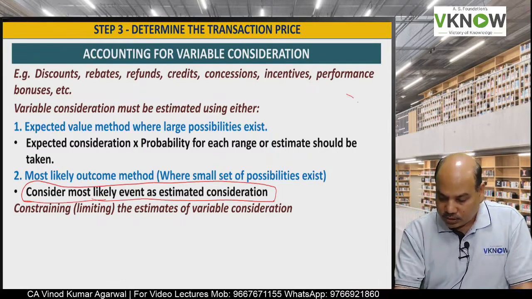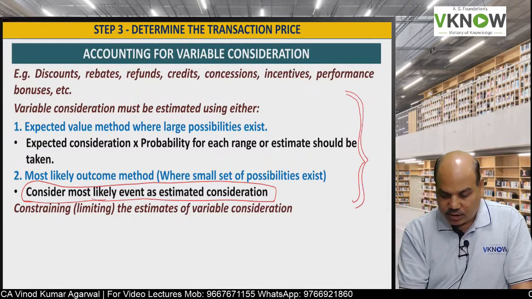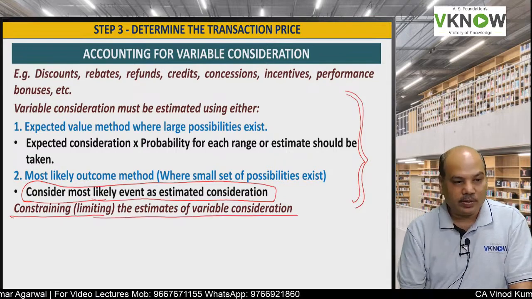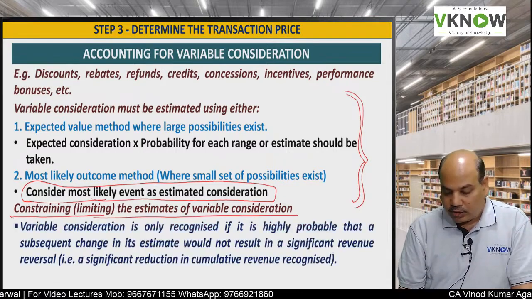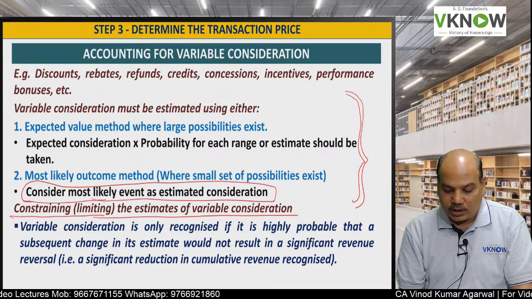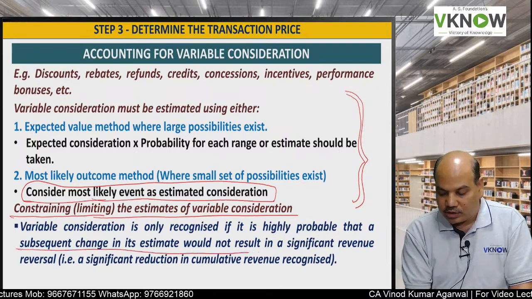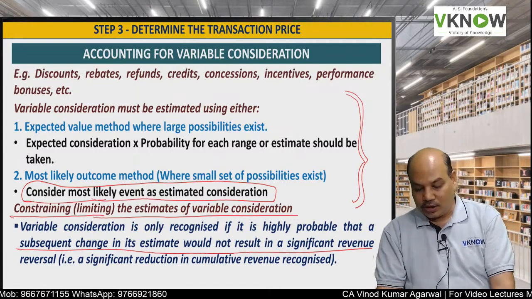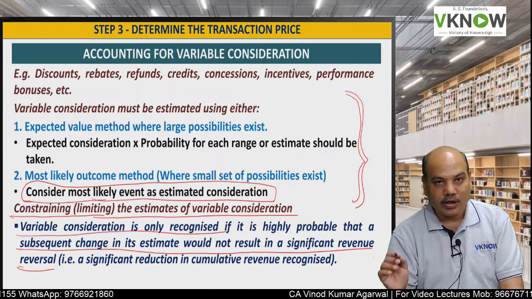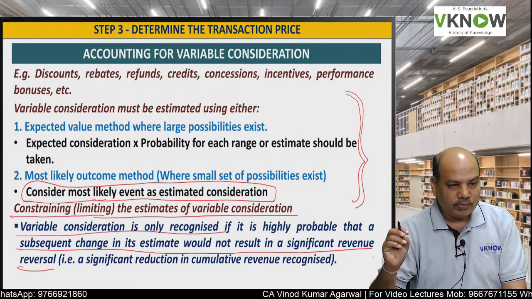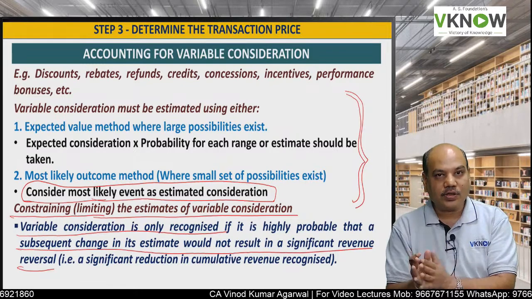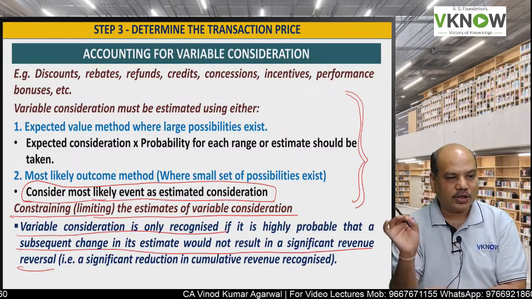Now, when you are having variable consideration, we'll have to apply one test called constraining or limiting the estimate of variable consideration. Variable consideration is only recognized if it is highly probable that a subsequent change in the estimate would not result in a significant revenue reversal. Very important. Variable consideration will be recognized only when you are sure that you will not have to reverse the revenue. Like for example, in case of a construction contract, the question in the exam and in your study material,